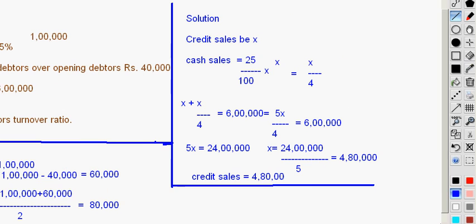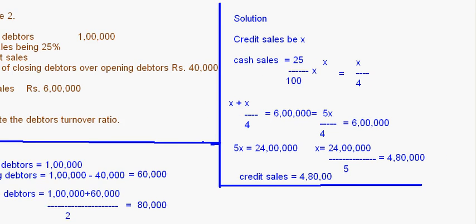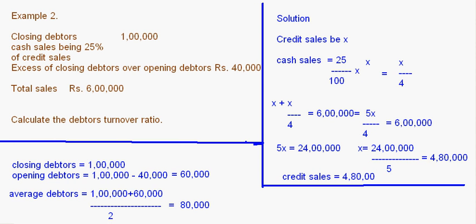Okay, so let's put the formula for debtors turnover ratio. Here the debtors turnover ratio is equal to net credit sales upon average debtors. Net credit sales is 4,80,000 upon average debtors, we just now calculated as 80,000, right? So 4,80,000 upon 80,000 will be equal to 6 times. So the debtors turnover ratio in this case is 6 times,